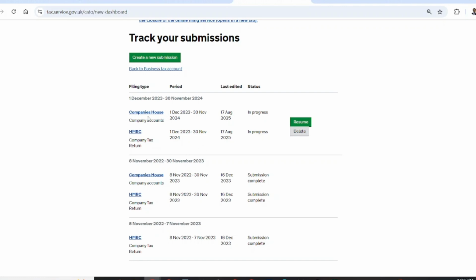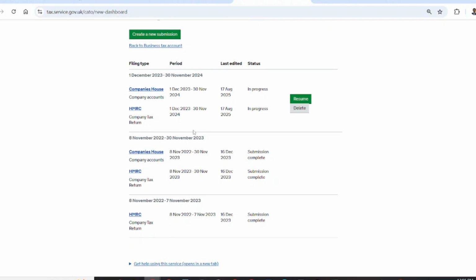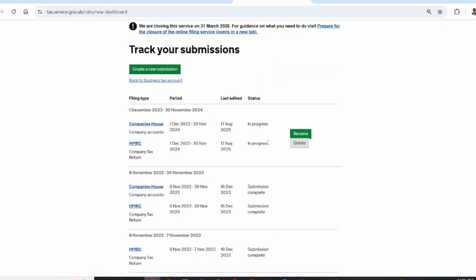First of all we shall file our Companies House, and then we shall file our HMRC company tax return. These are our previous tax return records here. So we can download or view our previous statements. We have already filed Companies House and HMRC,